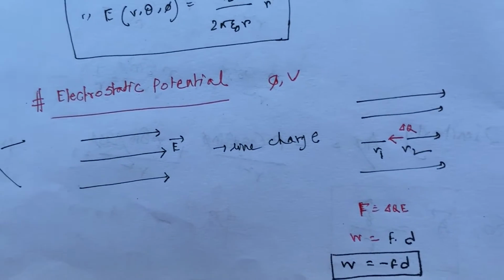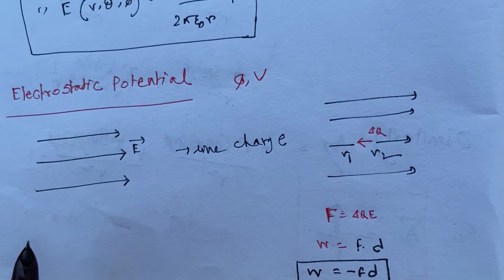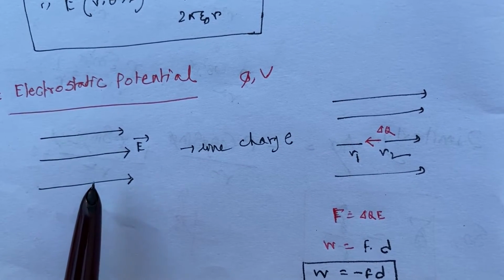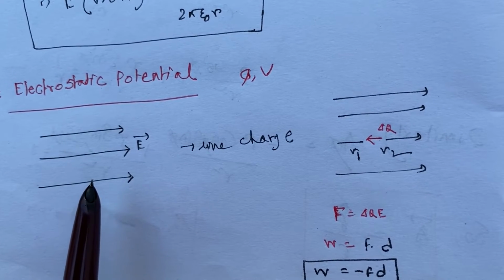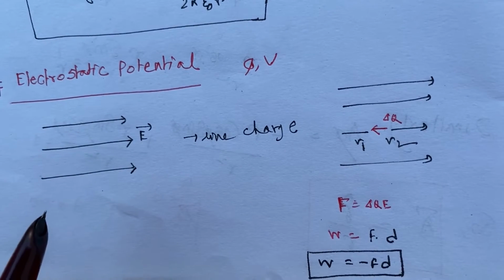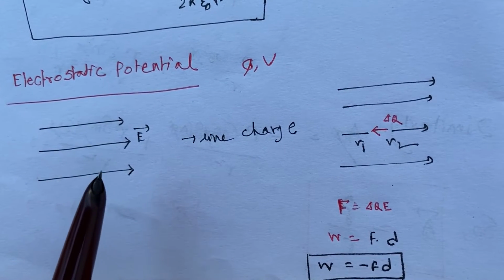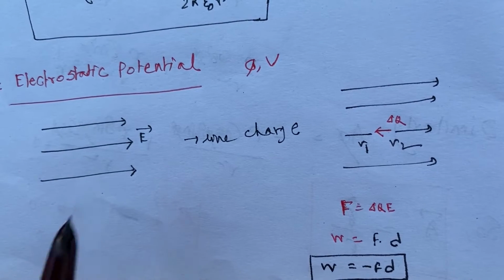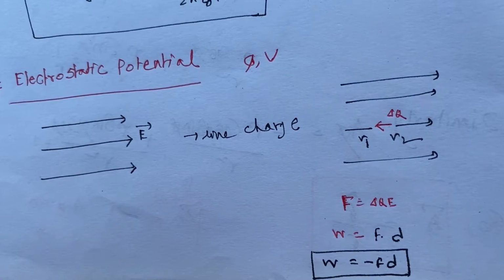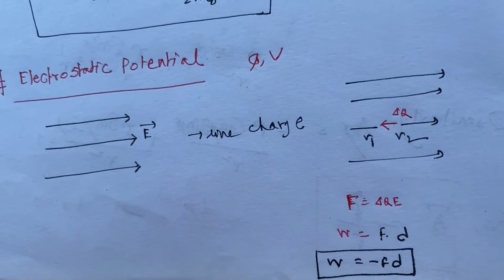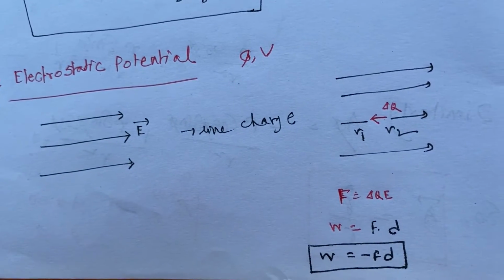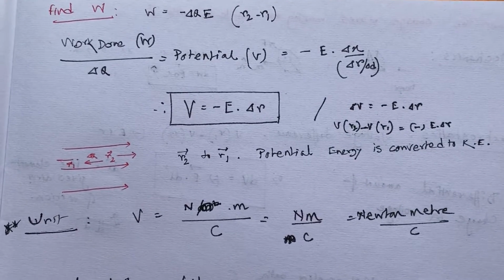But for the time being, to introduce the concept of electrostatic potential, I am taking a horizontal electric field, and this is, say, a uniform electric field. Let us assume that, and we have just discussed a problem of line charge distribution, uniformly distributed line charge along the z direction from minus infinity to plus infinity. That kind of charge can produce this type of field. Let us define electrostatic potential.